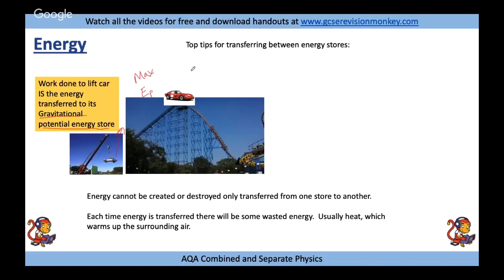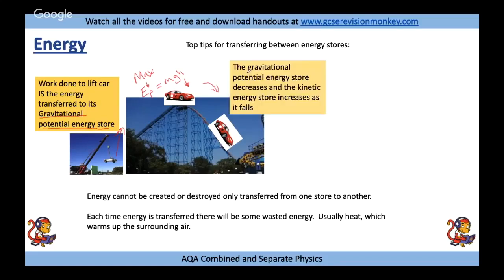And there he is, ready to go. Okay, as he starts to go down there, now EP equals mgh. As he starts to go down the hill, the height goes down. That means that the potential energy goes down. Where's it going to? It's going to turn into the kinetic energy. The gravitational potential energy store decreases and the kinetic energy store